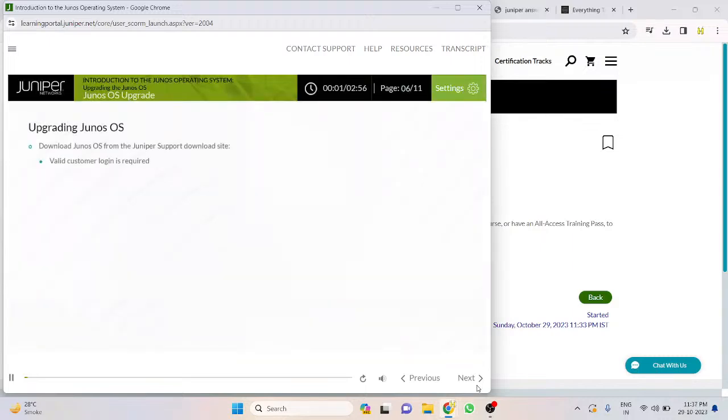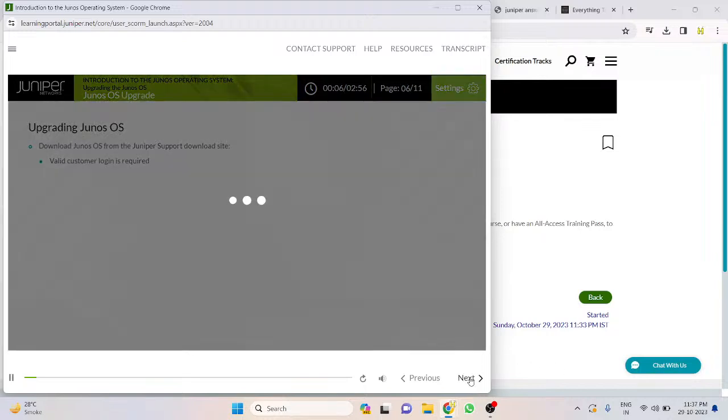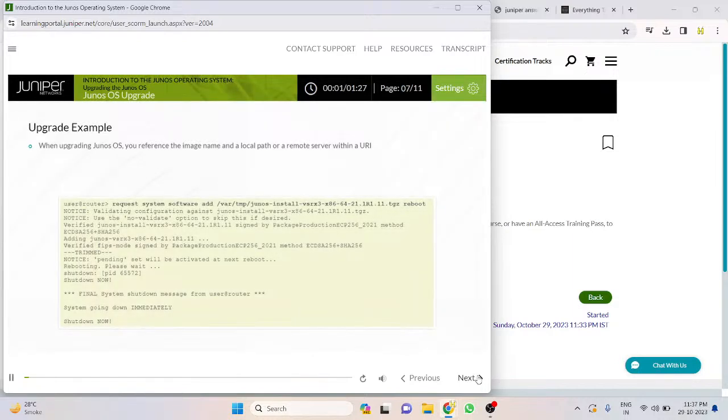Before upgrading Junos OS, you must download the appropriate image for your device from the Juniper Support download site. You can download Junos OS using a web browser or from the... when upgrading